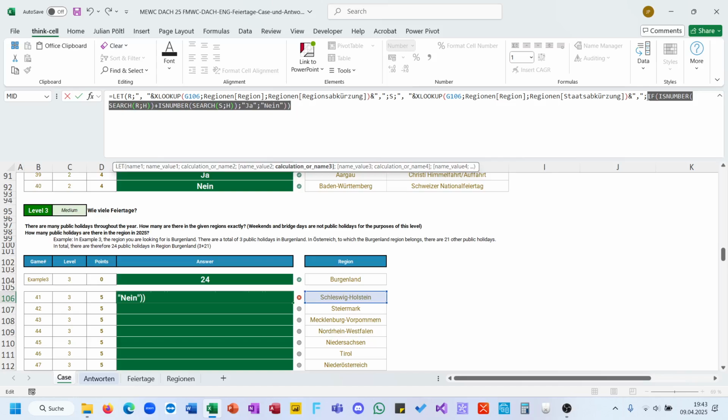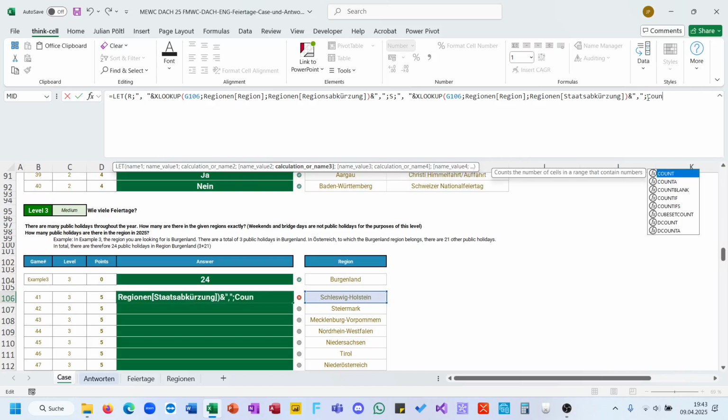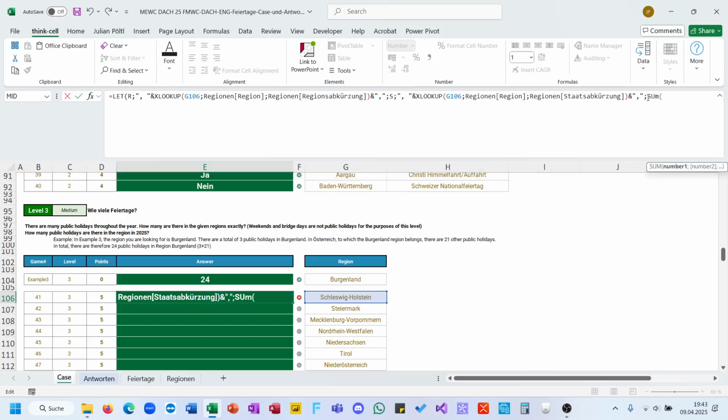And now we do, because I think there is no overlay. If it's like a holiday in the state, then it cannot be. So if it's like a holiday in the whole country, it's not a specific holiday in the state. Therefore, we can do a count, or we can do a sum. Minus minus is number,